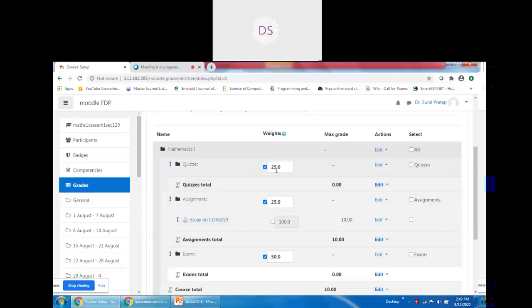There is no problem. I can create a quiz of 200, 300 marks. Finally, whatever marks are obtained will be considered at 25% of the overall course component. But sir, in this window, when I am allocating the 25% and 50%, it is not being accepted.